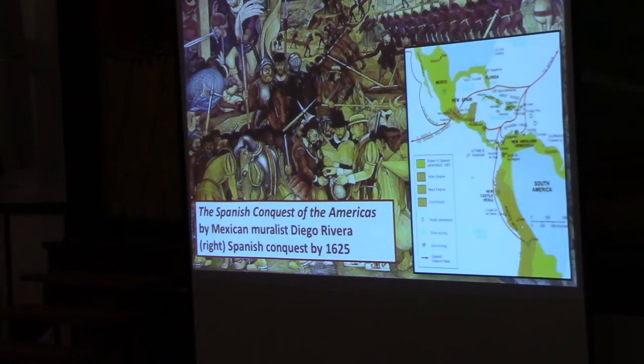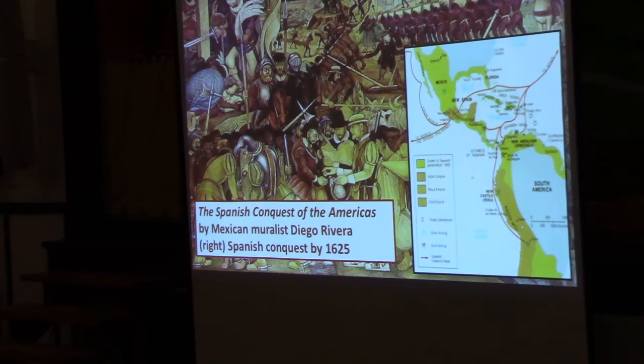1519, Hernan Cortez and a small army overthrow the Aztec Empire. I described a little bit about the structure of the Aztec Empire previously. Basically a city-state with a lot of subject peoples, and the Spanish very cleverly form alliances with the oppressed subjects of the Aztecs and use them to help leverage these tiny European armies overthrowing the Aztec Empire. By the 1530s, Francisco Pizarro